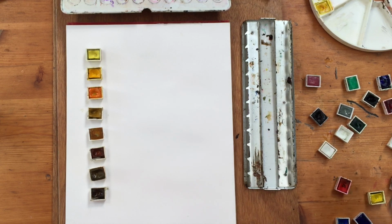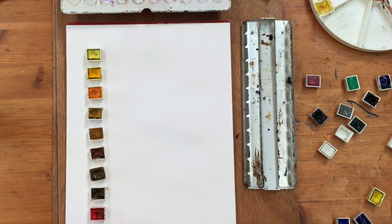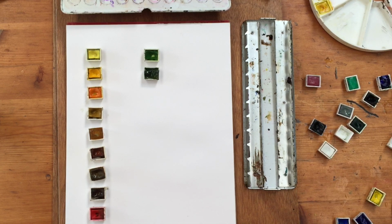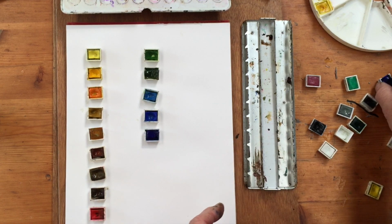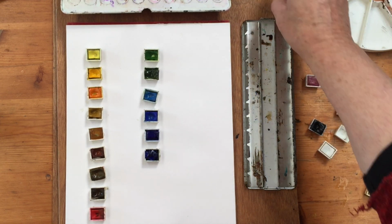And then the reds. So continuing down here, you need cadmium red and alizarin crimson, and optional purple lake. I think that's optional. And then on the side here, on the greens, we need sap green, we need olive green or Windsor green. Then we need cerulean blue, cobalt blue, ultramarine, phthalo blue, and we need neutral tint,